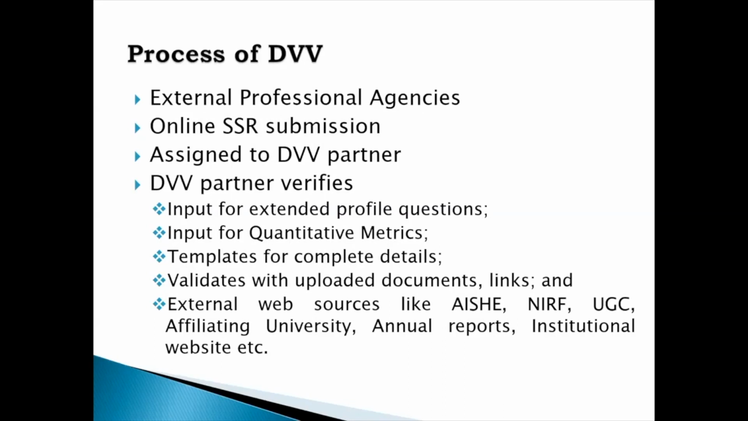So in total 79 quantitative metrics for the colleges, you will be giving the data inputs and the supporting documents. So the DV partners, who will verify, what will they verify? The extended profile examples which I have given already in the previous SSR filling stage, the inputs, whatever the HEI gives for the quantitative metrics, the data templates which I've shown you, and all this in terms of the website links, the document links, the uploaded documents,